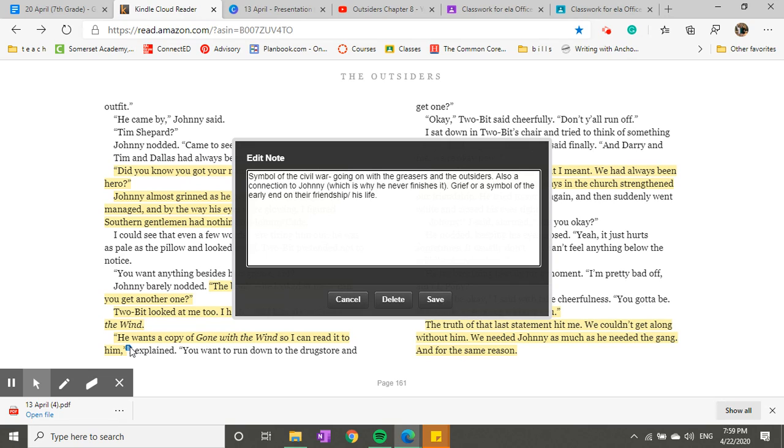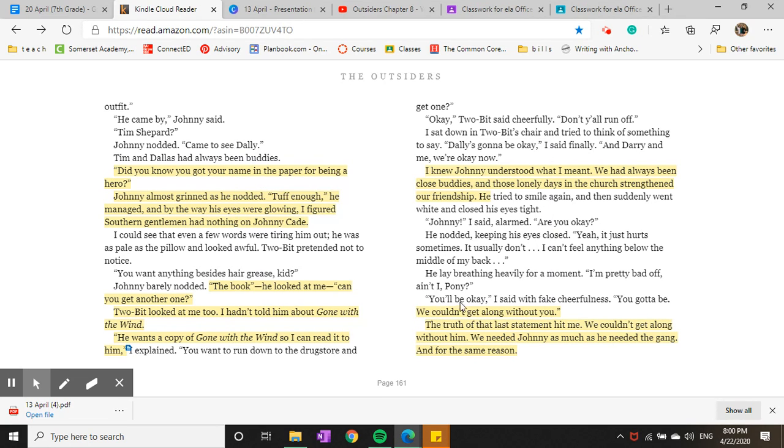It's also a connection to Johnny, because if you remember, when he originally got it for him, he didn't remember even mentioning that he wanted it. It shows their friendship, but it also shows how he inevitably doesn't actually finish the book. So it's like their friendship got ended early, or at least Johnny's life ended a little early. It never had an ending, there's no resolution for it. So that's another option if you're looking through my annotations.